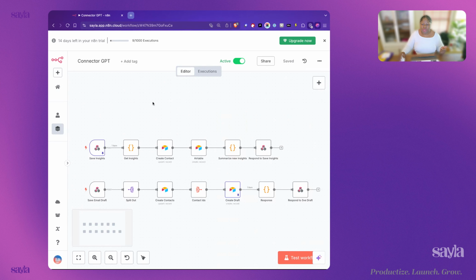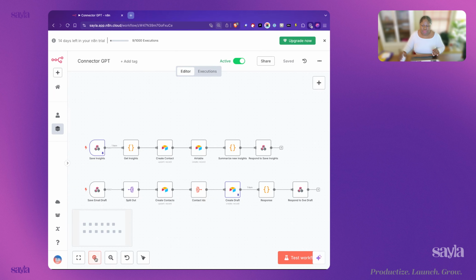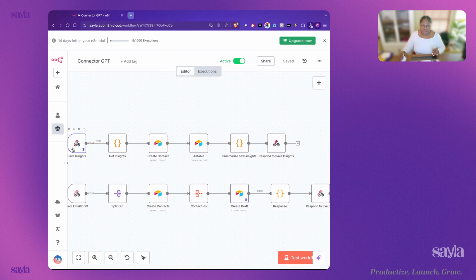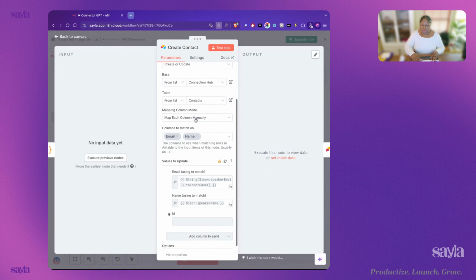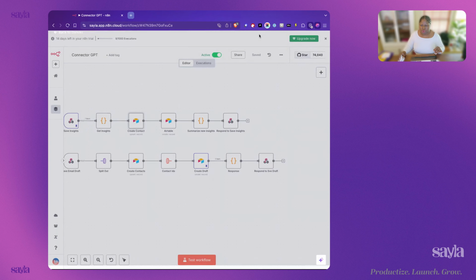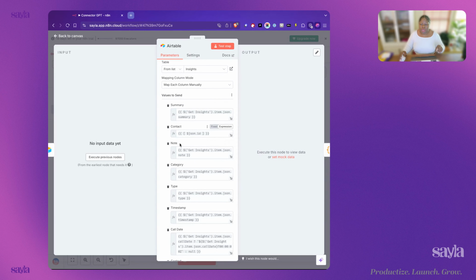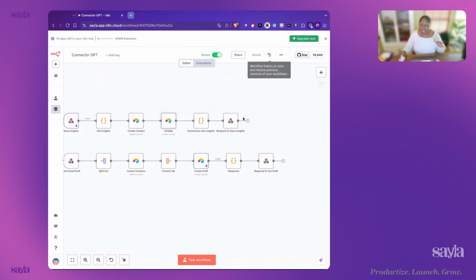And so what I've done here is I've gone in and I told it, you know what, whenever I save that draft email, actually I want to focus on the insights. Whenever you write the insights, I want to take that information, get all those insights, create the contact in Airtable. And here it's similar to what you're used to seeing in other apps. We're mapping the data. We're saying, go put in the email in Airtable, put their name in Airtable. Okay. Now that we have that, go track the insight, put the summary, put the contact, put the note, put the type, the timestamp. We're mapping all the data through and dumping it into Airtable.